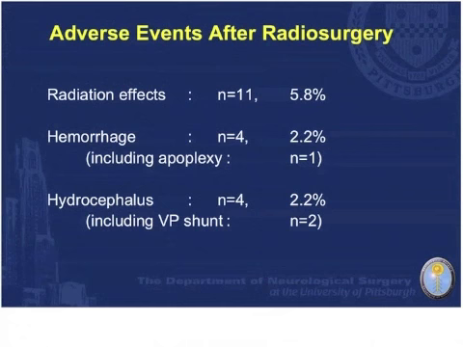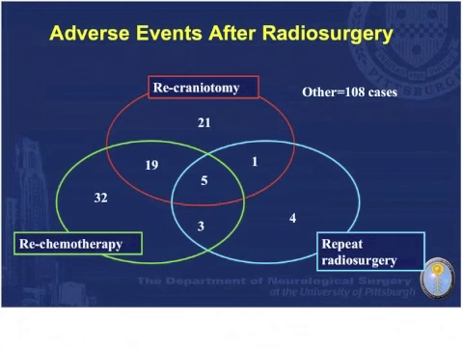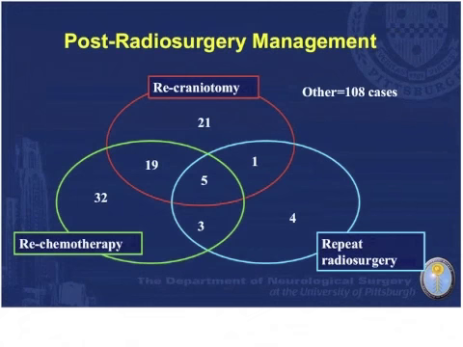What's been the price to pay? Radiation effects have been relatively uncommon, probably because many patients don't live long enough even to get a radiation effect, but at 6% for malignant gliomas. And of course, some of them come to other forms of management, including repeat procedures for distant volumes, more chemotherapy,